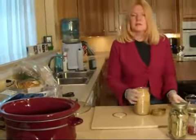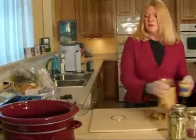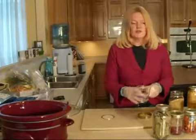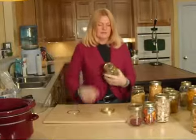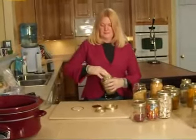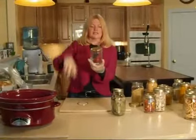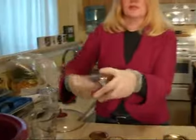I'll probably use about a cup of rice on this. And this is what makes dehydrating so much fun, is that you can just put whatever you want in, and everything is all ready for you. So I'll throw a bay leaf in, and I'll throw in some tomatoes. This is what I have left over out of this jar. So I'll use what I have left over, and then I'll just refill the jar again and put it back